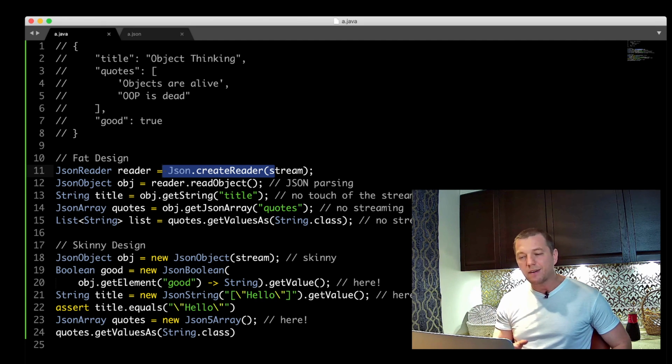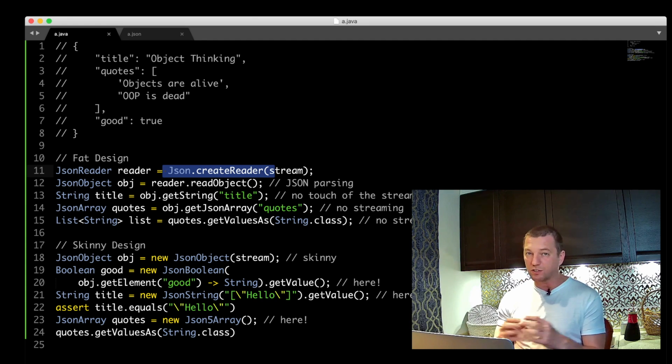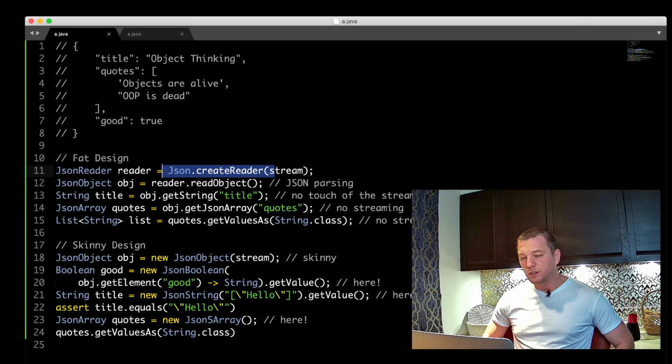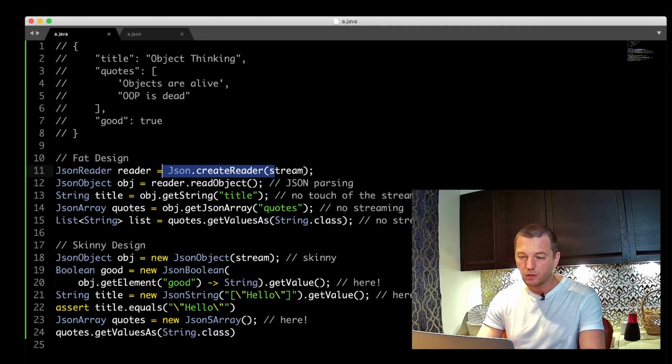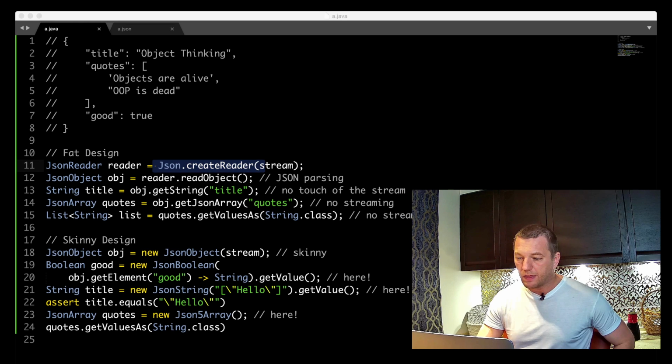So I think it's better when data is complex, when it's not just one number or one string, but a pretty complex structure, to break it down into smaller pieces and let it be managed by special purpose objects. Let's call it this way: objects with special purpose. So that, I think, is what is important in this design.